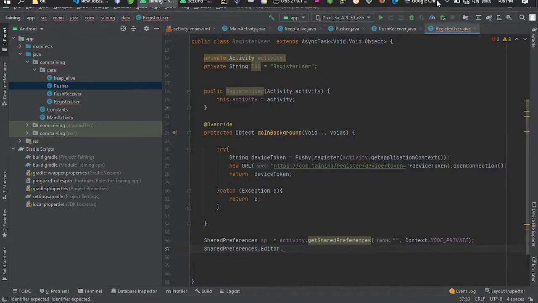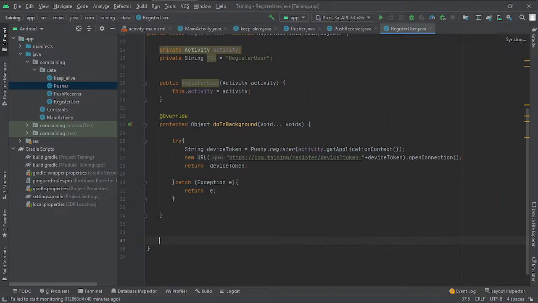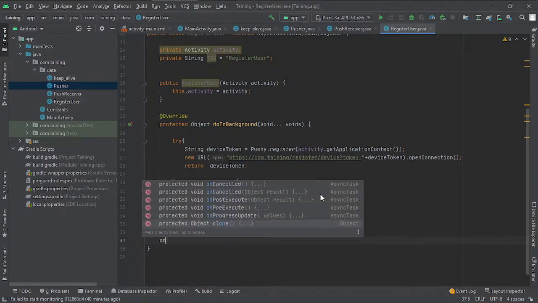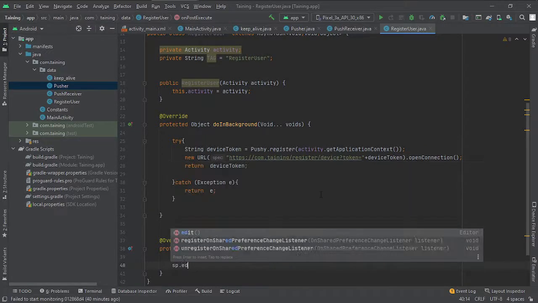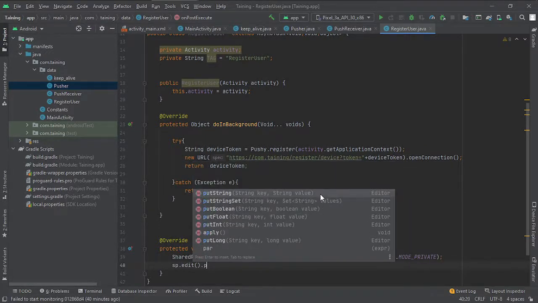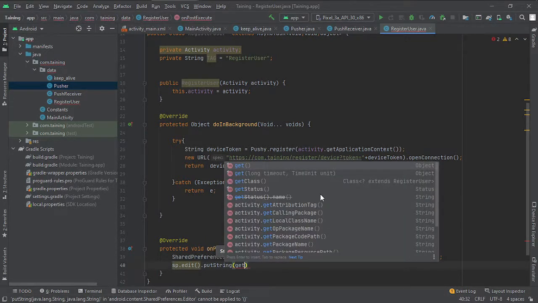No, I'll pause the video and I'll get back to you. Alright, so before I paste this line of code, first of all I have to call a method called onPostExecute, and then I paste this line of code. Then I say sp.edit.putString, and I'll call it get, or rather I'll say